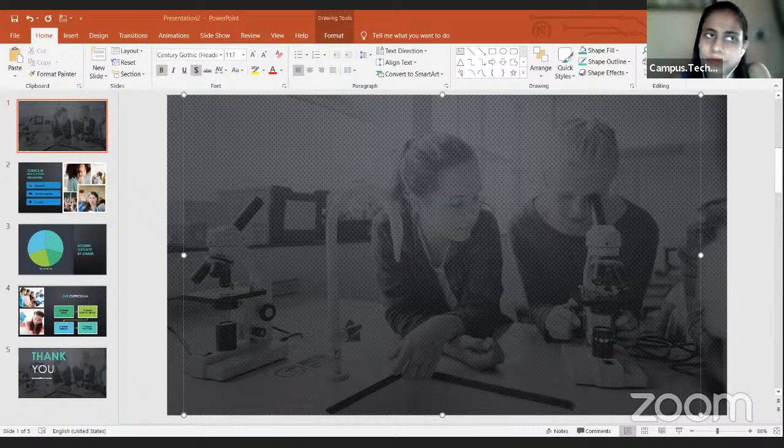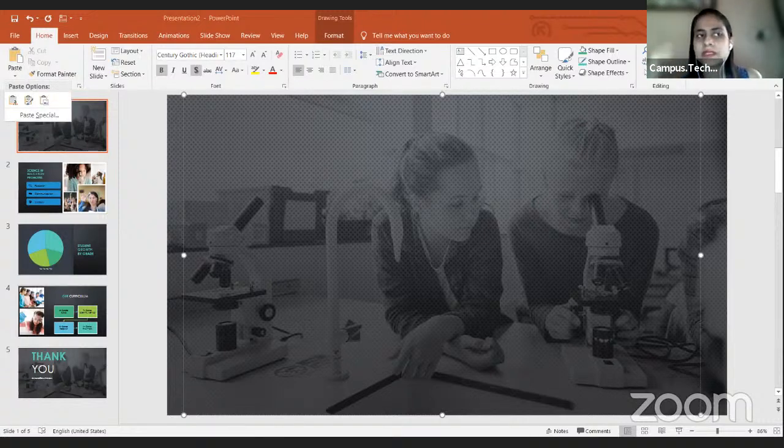Coming to the menu, this is the home menu, the first menu, that is Home. Now in the paste option, we'll first discuss paste. There are three options available in paste. That is paste, use destination theme. What is the destination theme? Whatever theme is there in your current presentation, every content, every other presentation will be changed to that theme only. For example,